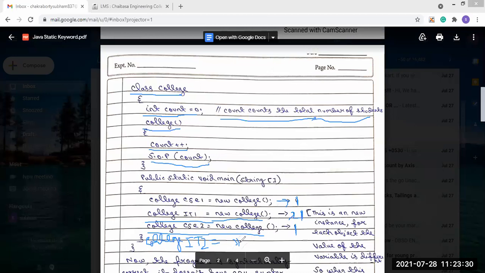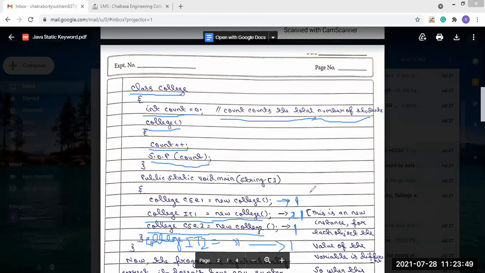So again a new object is created. Whenever a new object is created, it still reads count as 0, and in the constructor the count will be incremented. So again its value becomes 1.